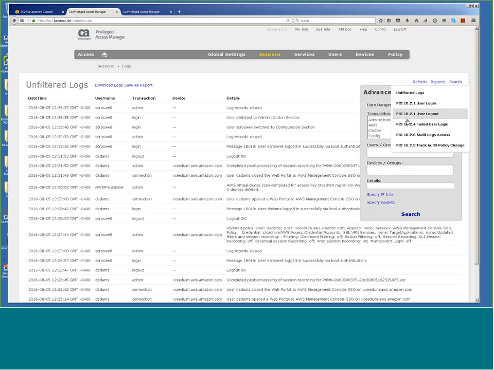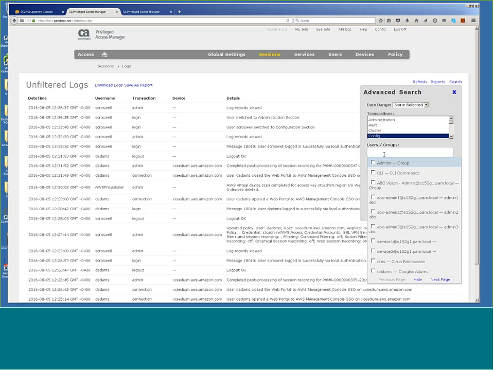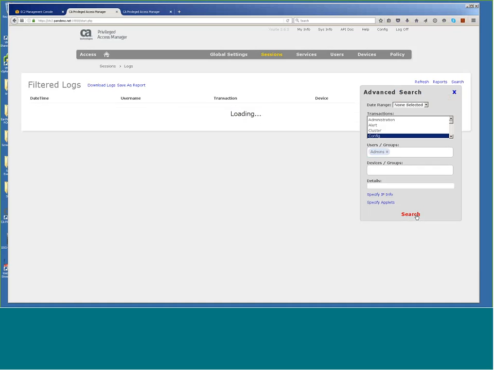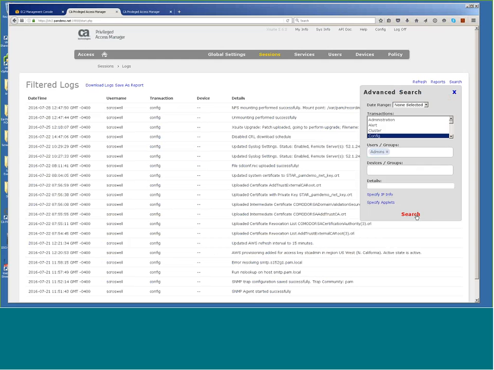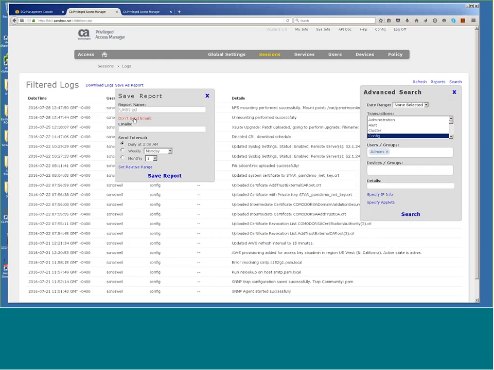I can come in and do a custom report here to say config. I'm going to see all the config changes an admin did. I can see these here. I can save them as a report. I can even have this report generate on the first day of every month and then send to the audit group. So not trying to replace the reporting, but we can act as a central point of access